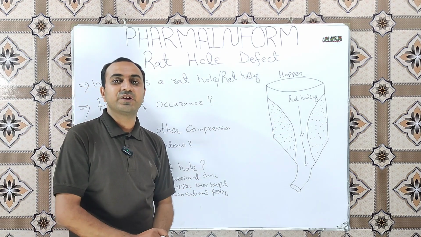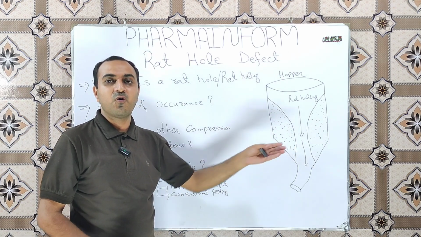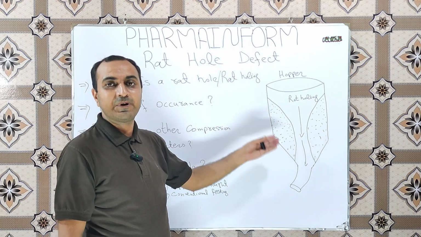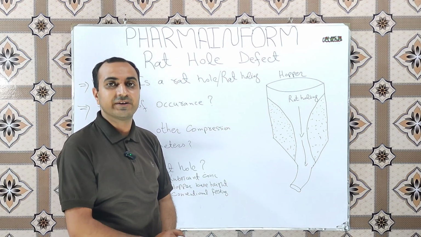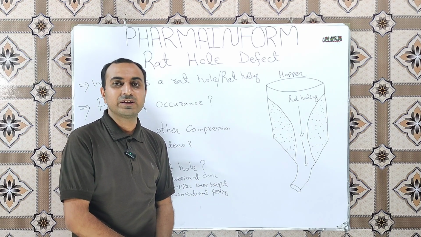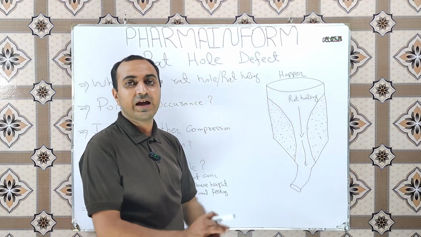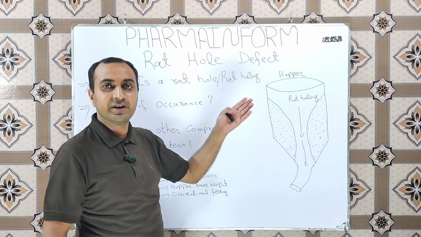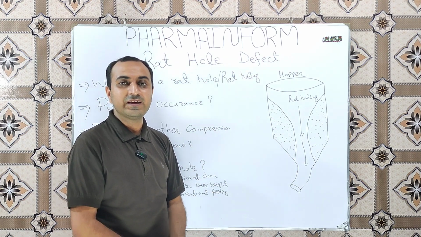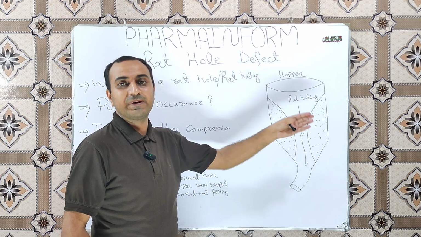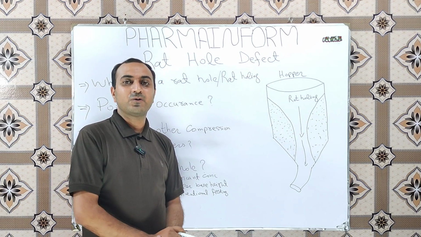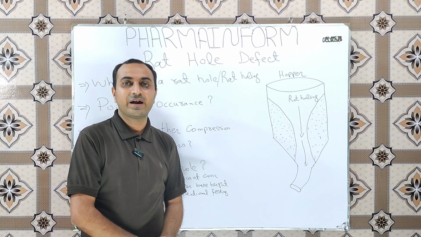Rat hole has direct impact on the flow of powder, and it has indirect impact on the tablet weight and tablet hardness. Direct impact on the flow is that, as we have discussed previously, it is the defect where our flow of powder is hindered and powders or granules are not able to flow freely. That is why it has direct impact on the powders or granules flow, and it has indirect impact on the tablet weight or tablet hardness.